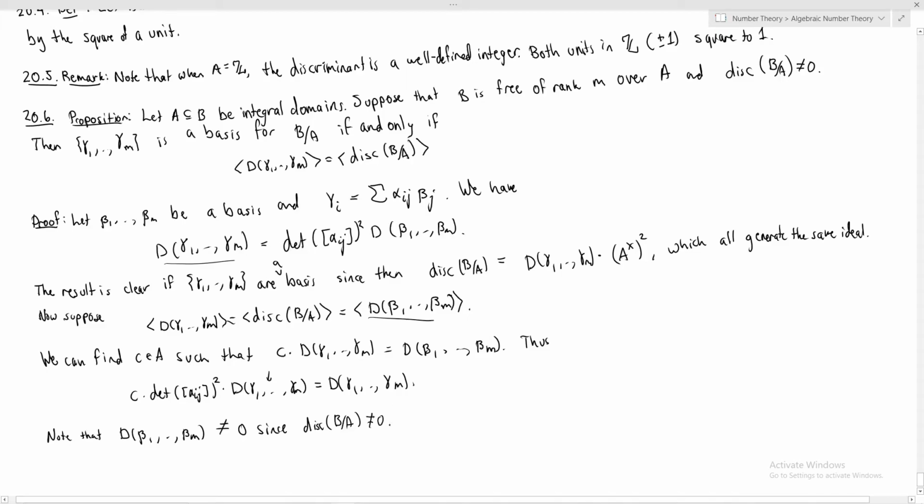And since these two things generate the same ideal, the discriminant of the gamma i's has to also be not 0. Otherwise, it would generate the 0 ideal, and these two ideals wouldn't be the same. Okay, since we're in an integral domain, I can cancel things. Since A is an integral domain,